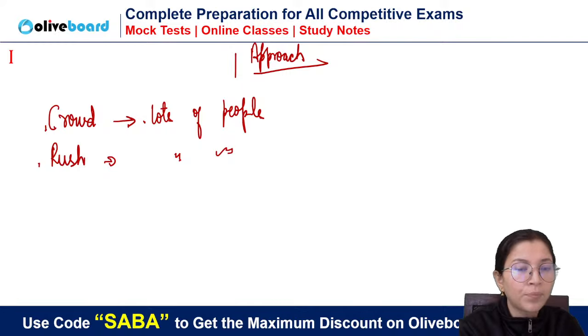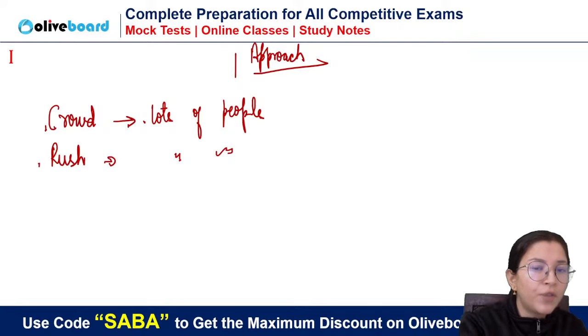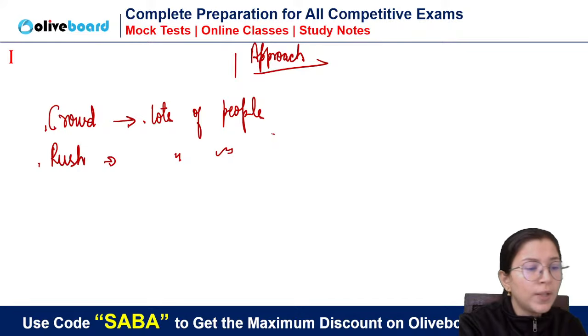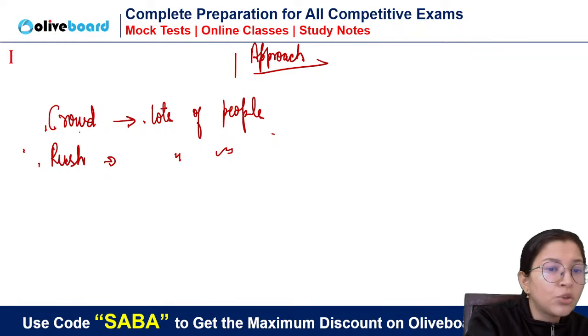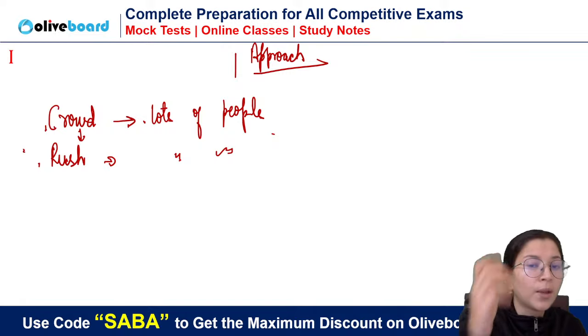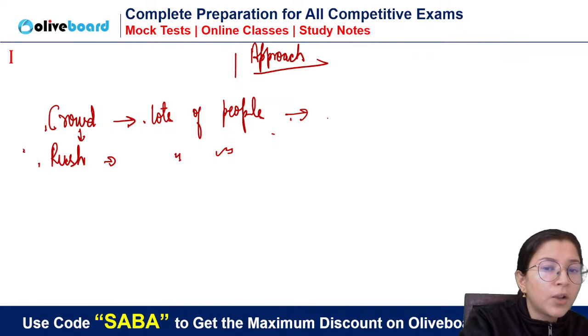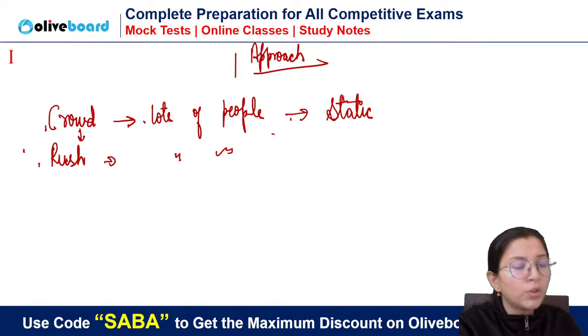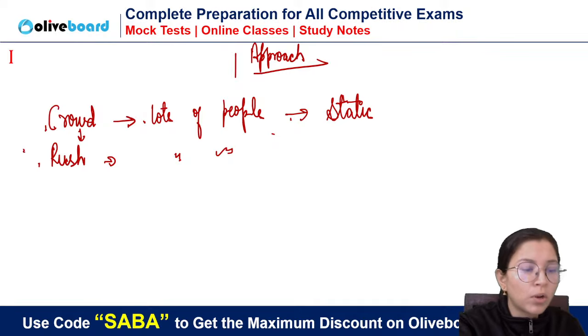रश का मतलब किसी को पता है? Now, अगर मैं आपसे पूछूं क्या डिफरेंस होता है क्राउड एंड रश में, what is the difference between crowd and rush? So you will say कि मैम ये भी भीड़ होता है, ये भी भीड़ होता है, they are same. But in bank exam you should know the difference between these two words also. आपको इन दो वर्ड्स के बीच में भी डिफरेंस पता होना चाहिए बैंक एग्जाम में. Crowd we call to static group. क्राउड जो होती है, जो रुकी हुई भीड़ होती है ना, किसी एक जगह पे जो इकट्ठा भीड़ होती है, so that static group of people is called crowd.